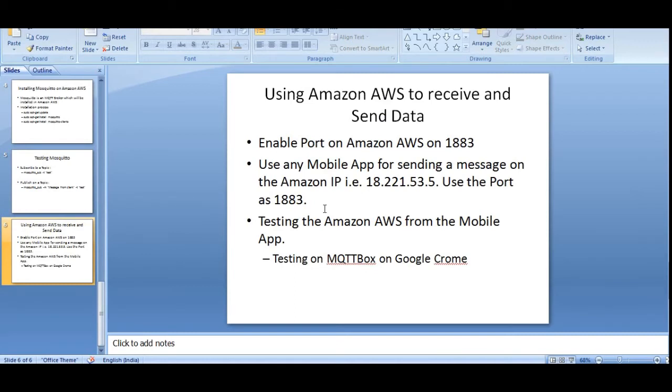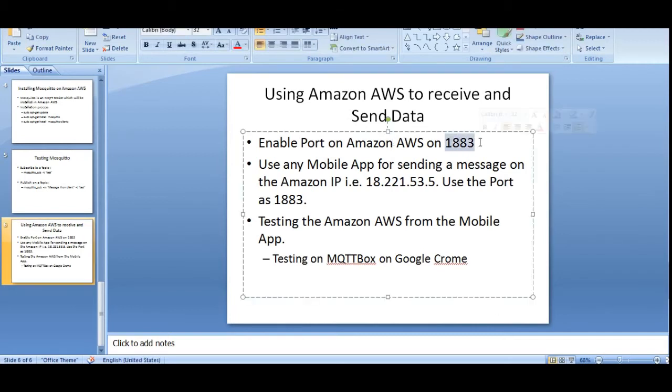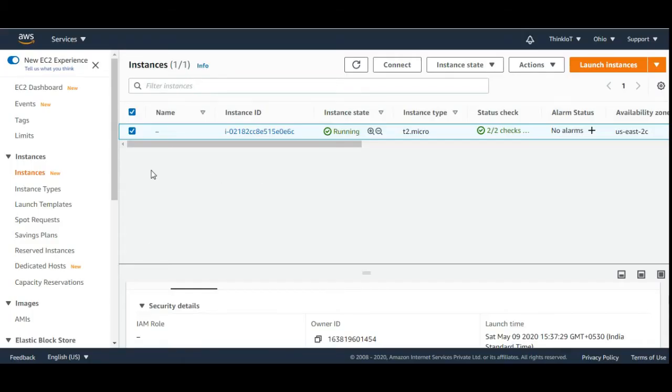After you install these things, to send or receive messages from the outside world, you have to change a few security settings on your Amazon EC2 instance. We have to use a particular port, in this case port number 1883, and because this is our Amazon IP address, we will enable a security group which will allow incoming messages on this IP.